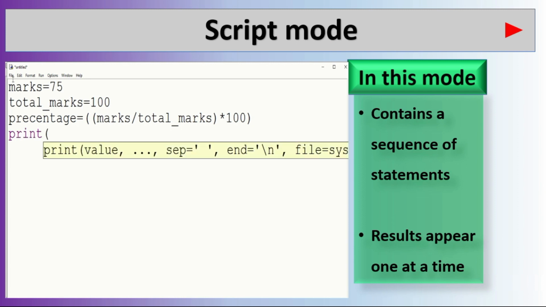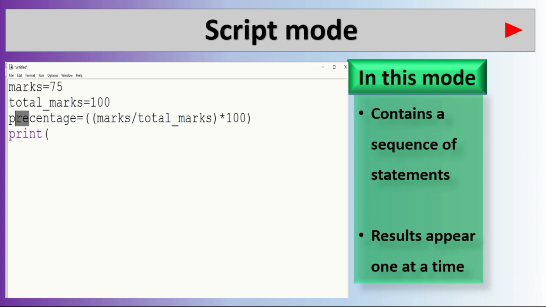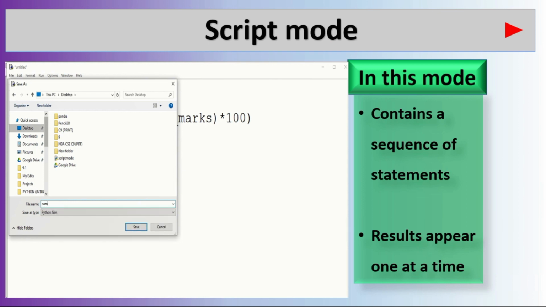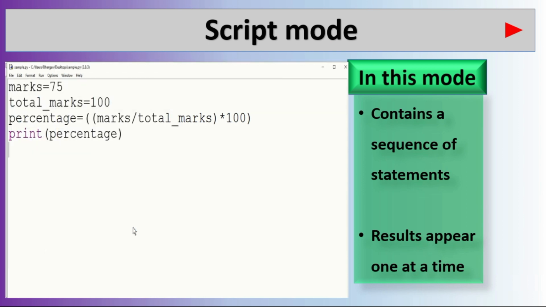Print of percentage. Okay. Now save the file as sample.py. .py is the extension for saving Python files.